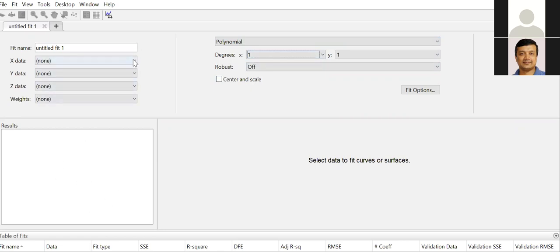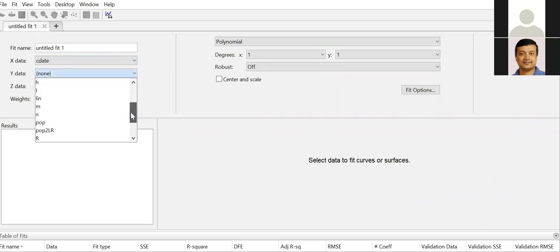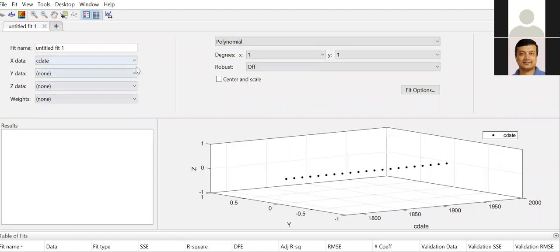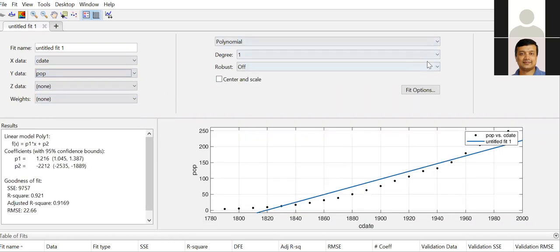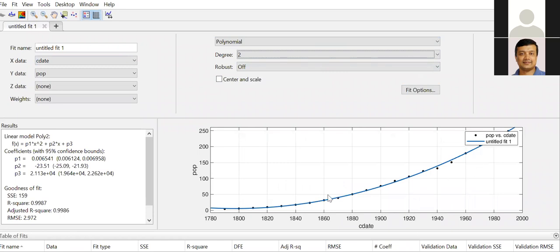For example, in our case, our X data will be the date, and our Y data will be pop. And it's a polynomial of degree 2. So you can see that. Very quickly, you can get the linear model of polynomial 2 with the P1, P2, P3 parameters here,